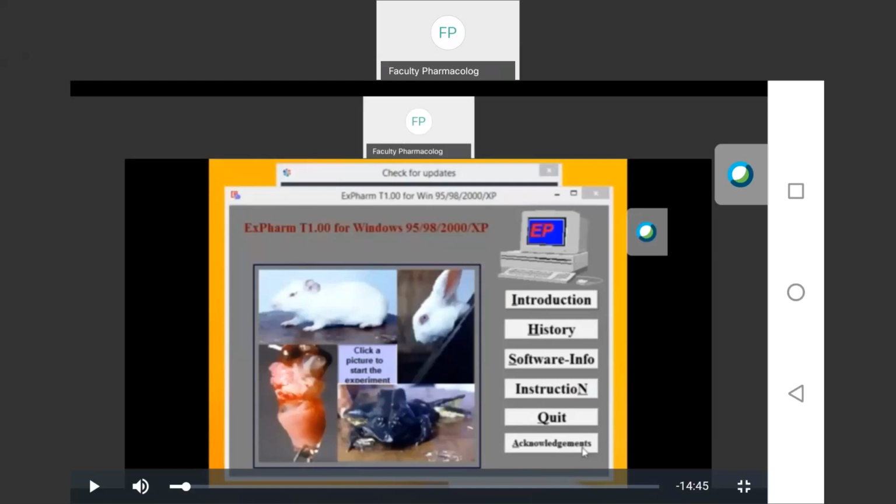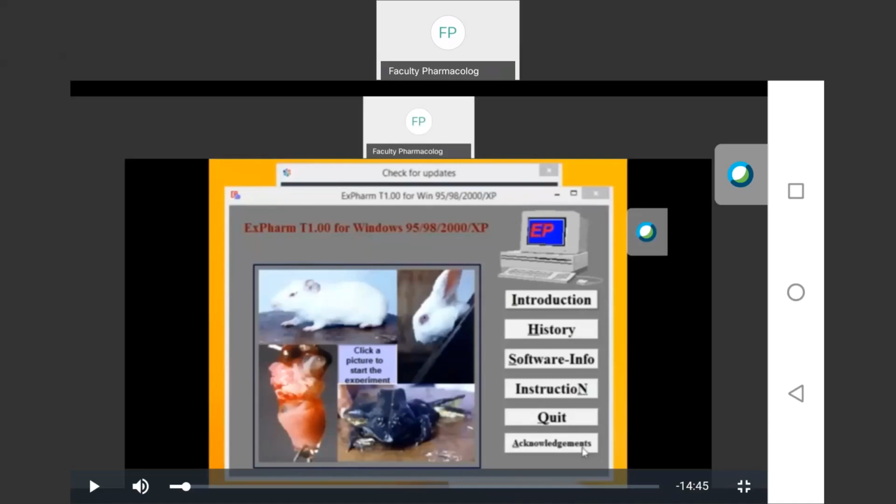Then what is the aim of this study? The aim of the study was to examine the effect of drugs on the rabbit eye. What are the requirements then? To perform this experiment we need animal, drugs, and apparatus. For the animal, we need rabbits weighing about 2 to 5 kgs.